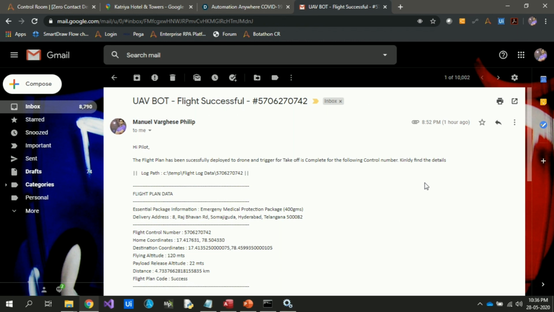And also this solution, now it's on a PC, however, if we have Raspberry Pi installed on the drone itself with Windows, we can install the bot agent on it, and we can connect it to the control room, and we can have all these operations directly on the drone itself. And in terms of scalability, we can have the runners on the drone itself, and we can perform